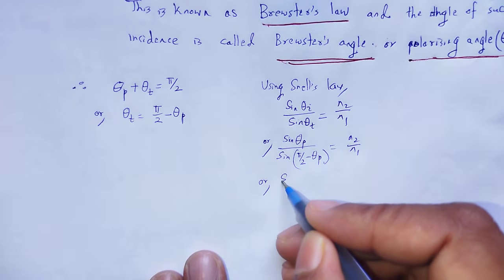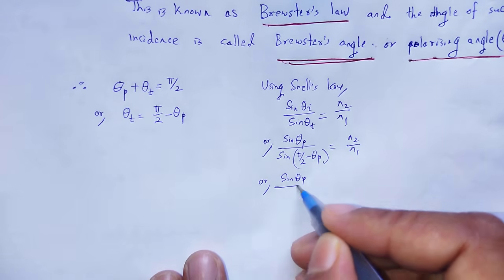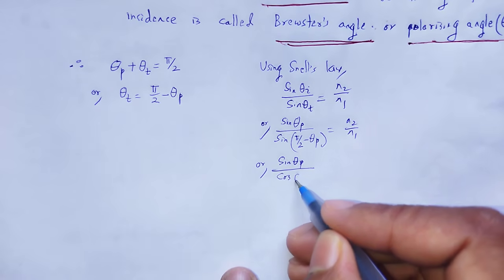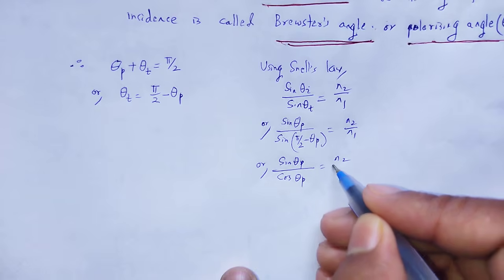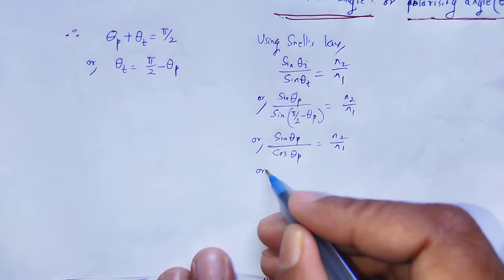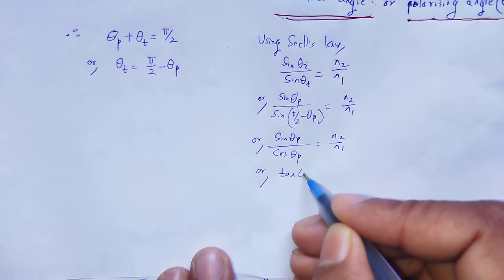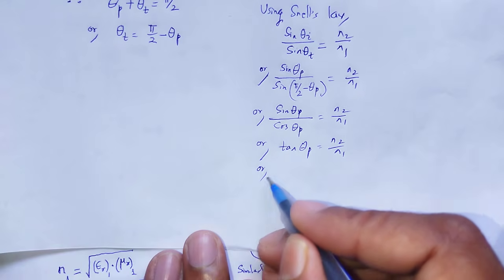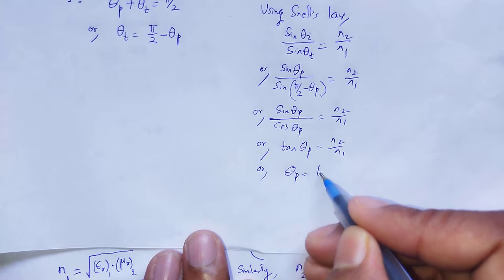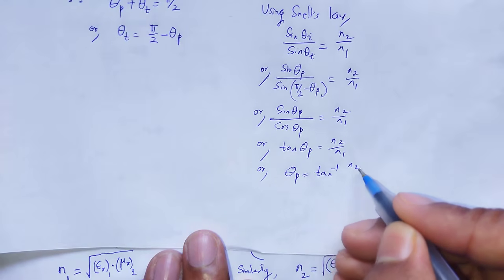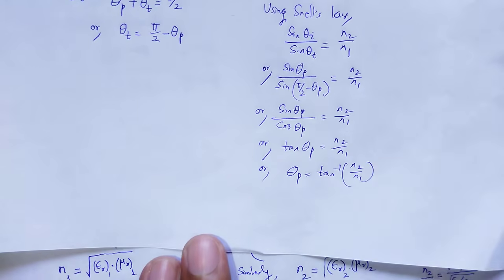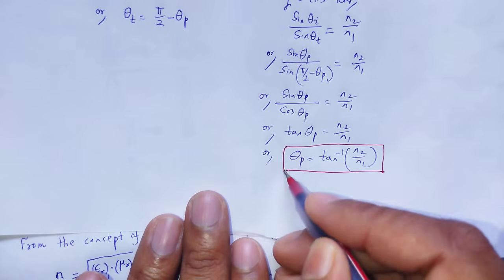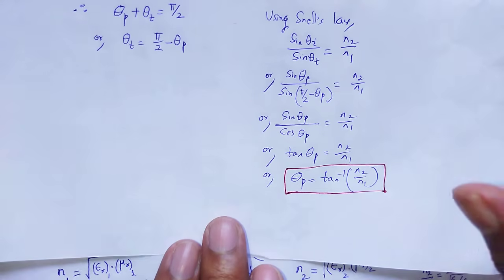That is sin theta p divided by sin of pi by 2 minus theta p, which is cos theta p, is equal to n2 by n1. Therefore, tan theta p is equal to n2 by n1. From that expression, theta p is equal to tan inverse of n2 by n1. Here theta p is the Brewster's angle or polarizing angle,